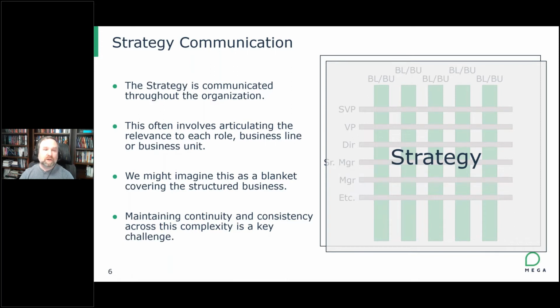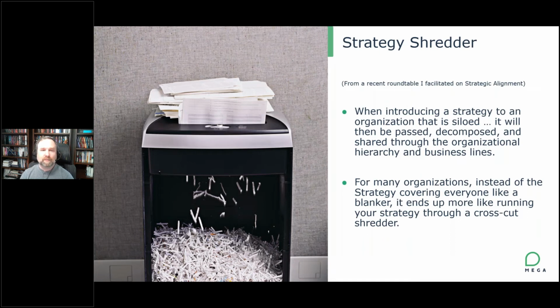Unfortunately, as many of us know, it seldom works that way. And the analogy that was introduced at the roundtable was that more often going through the different business lines or business units, the different job titles, et cetera, has the effect of running a strategy through a crosscut shredder. So in effect, you get these little pieces that are picked up in different parts of the organization. Maybe it's partially understood up to a certain level of management, but then is broken down into certain tasks, project execution, program increments, whatever it might be, and assigned to individuals at really precise, specific, action-oriented levels, where the ultimate alignment to the strategy is then lost.